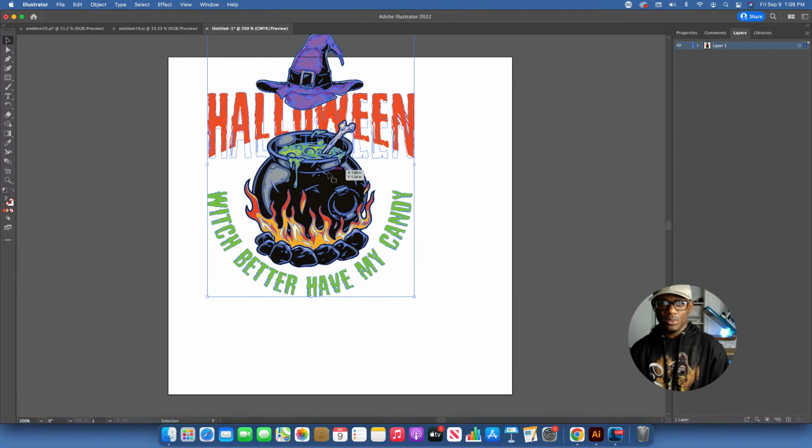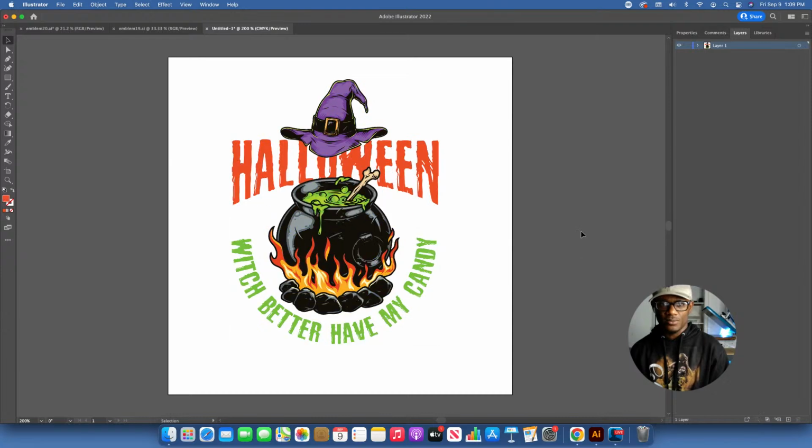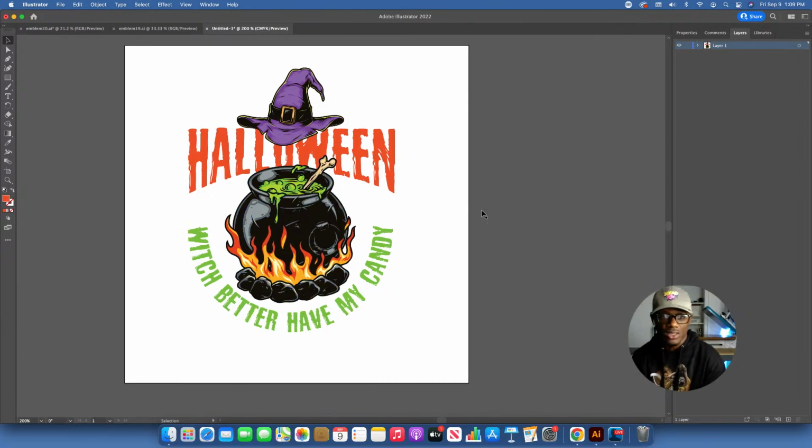So sticker should be about 2 to 3 inches. So let's say this is a sticker font, right? Bam, bam, bam. You satisfied? For me, so right now, even looking at this artwork, I can do 3 different stickers from this piece of artwork. I can do the hat as just a sticker. I can do the pot as just a sticker. I can do the whole thing. So we'll mess around. We'll probably do all 3 of those in this video.